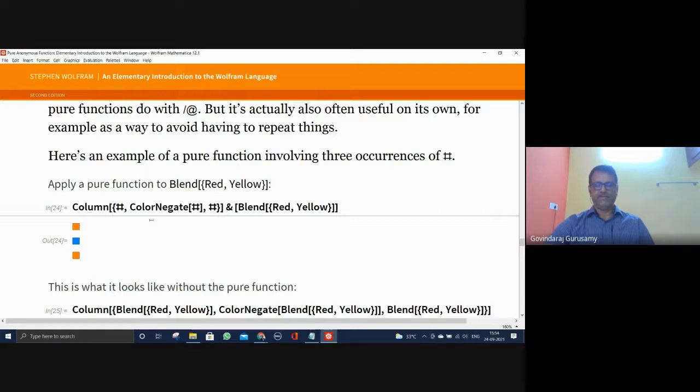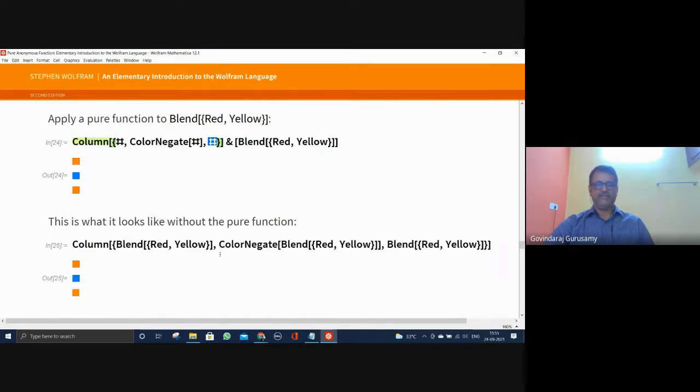So you have 3 things, 1, 2, 3, and for each one of them, for the red, this has been happening, and this blend has been done. What is this? Let us close here. So blend this red and yellow and use the hashes to put it in a column form.